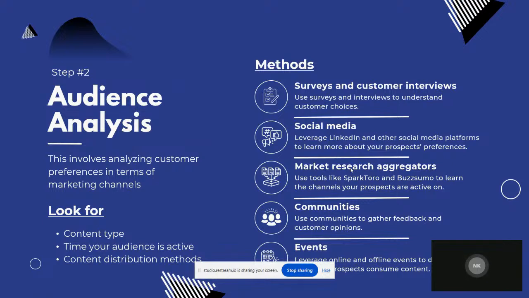Like for example, for ScaleGrow, we are a B2B marketing agency, and if we are to find out people who are consuming content around B2B marketing or channels which are talking about B2B marketing, so that we can go ahead and co-promote with them or co-partner with them, we would go to SparkToro and search using, let's say, B2B marketing services. So SparkToro will give me the list of websites, YouTube channels, podcasts, social media handles that talk about these topics, and probably I could approach them and co-promote with them. Similarly, BuzzSumo will give me the list of the most popular content items online related to a specific topic or keyword.